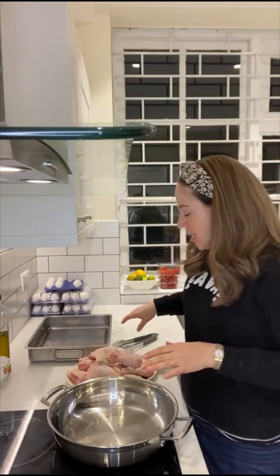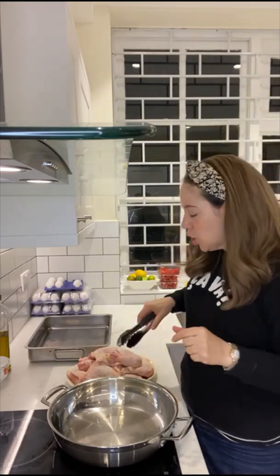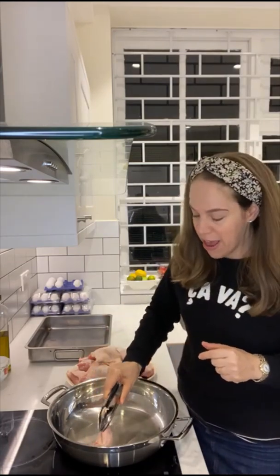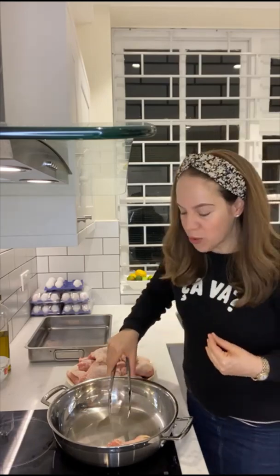Now this step is labor intensive. It's in no way difficult, but it does take time browning the chicken. I do this in a lot of recipes, and as time consuming as it is, it's totally worth it. Trust me, it adds a tremendous amount of flavor, and it's the easiest way of building flavor without having to